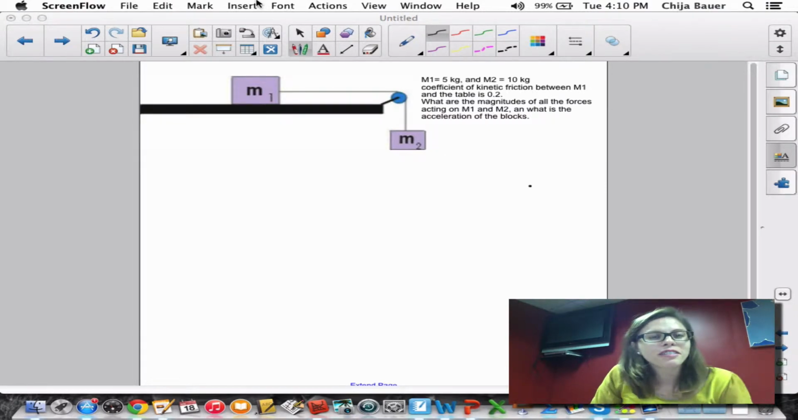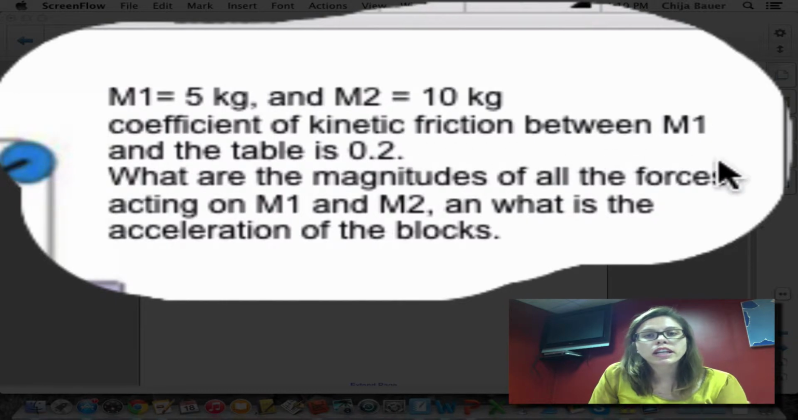Welcome back. So now let's look at a modified Atwood's machine. In this problem we have a mass 1 that's on a table and mass 2 hanging off the table, and again we have our little magic frictionless massless pulley right here in between, and there's a string that connects M1 and M2. We're given the masses, we're given the coefficient of kinetic friction between M1 and the table is